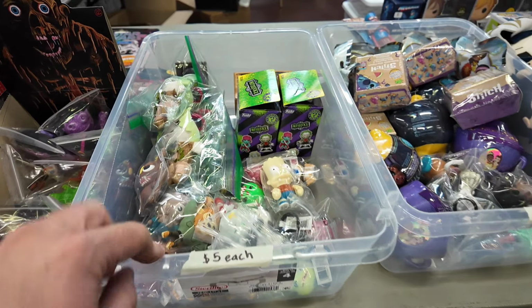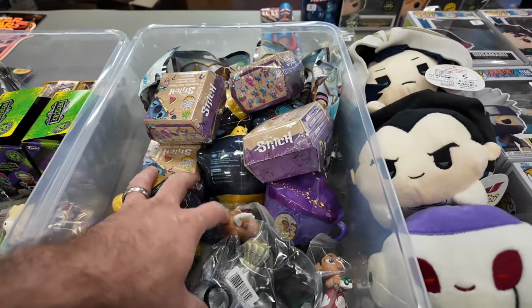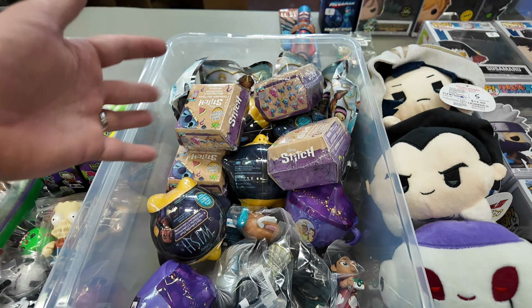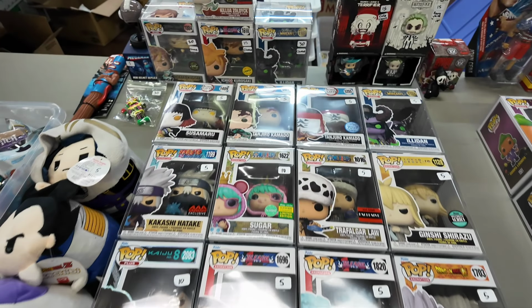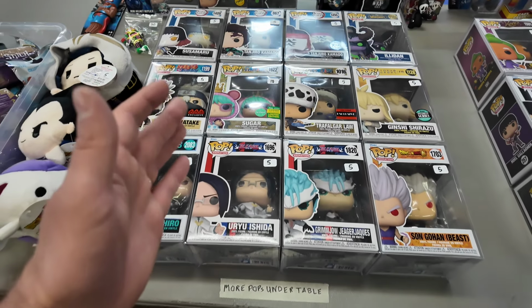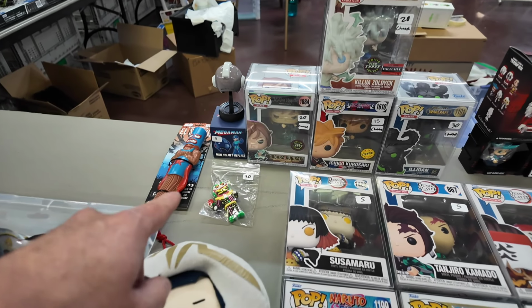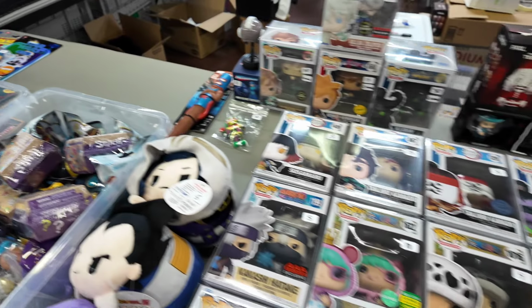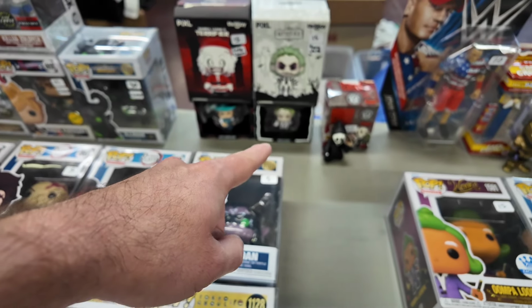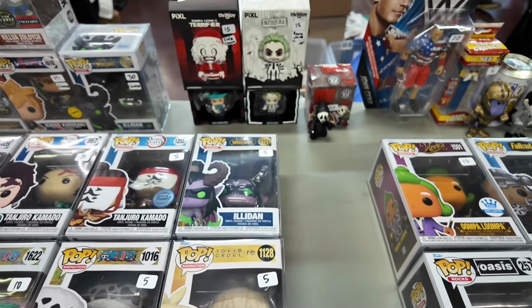Got the $5 bag clips again. Got the $3 random bag clips and blind box. And then here's kind of the anime section here. And then we got the chases behind it. Well, miscellaneous back there. Got some Pixels, and this time I actually opened them so people could see what they are,